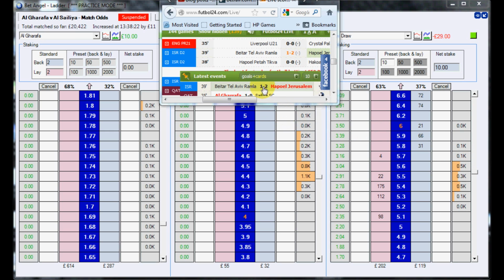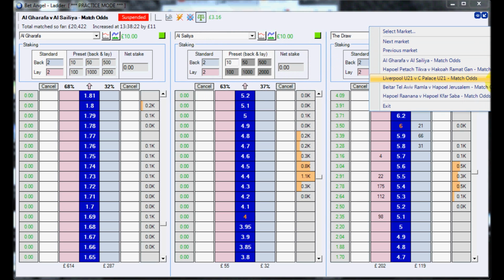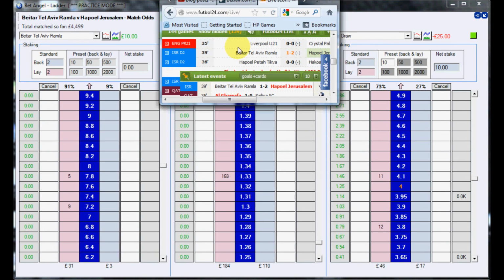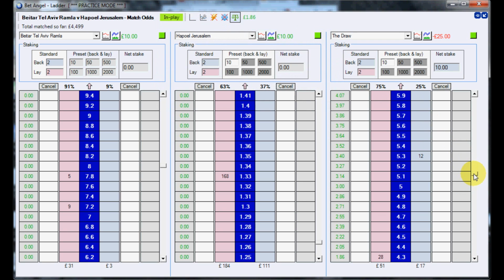Oh, hang on, this game has had a goal. Let's just go to this Ramla game. Remembering that this is on 5.7. So this has just had a goal. It's now 2-1 to Hapoel Jerusalem. We're back in play, I think. Yeah, we're back in play, and the market is between 5.3 and 4.3. So one goal ahead, and that's the kind of price we got to. We got originally where we were in at 3.5, so we could argue that the lay the draw has worked on this occasion,